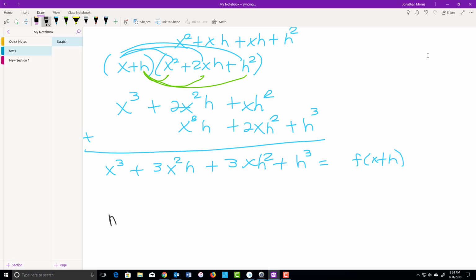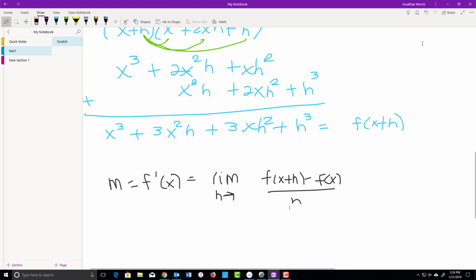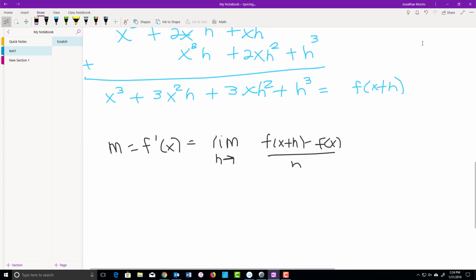I need to find the slope of the tangent line, which is equal to f prime of c, or f prime of x, which is the derivative, and we're going to find the derivative longhand by saying the limit as h approaches 0 of the difference quotient, which is f of x plus h minus f of x all divided by h. Okay, and I forgot the 0. The limit